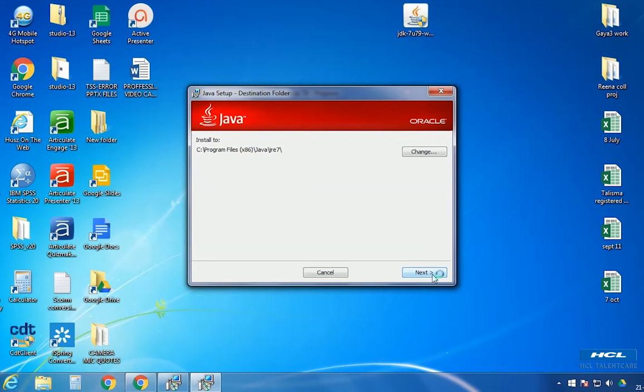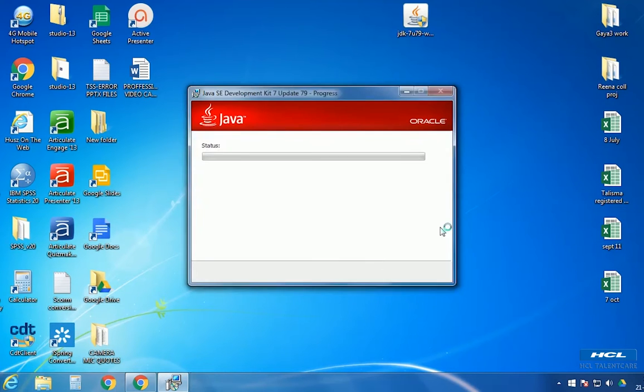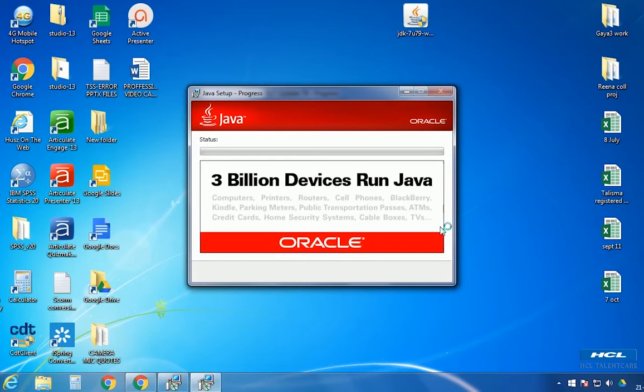Give next. So this is nothing but JRE. JDK is for writing your Java program in your system. Now JRE is for running the same program which you have written. So just give next. So JDK is for developing and JRE is for running the same program.